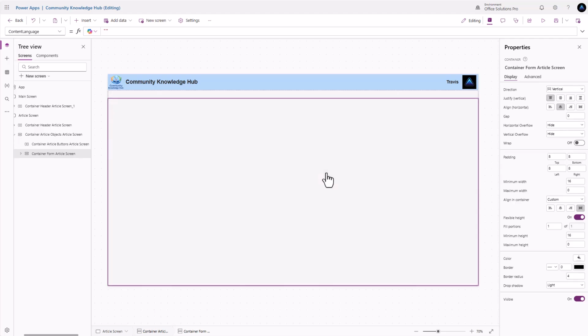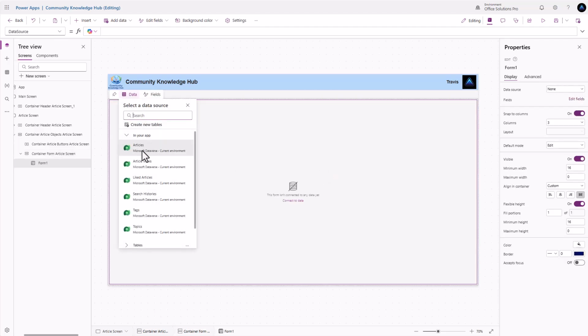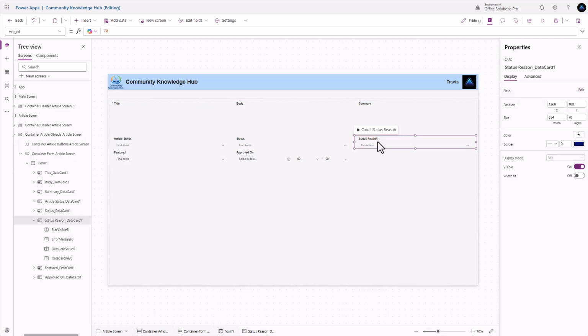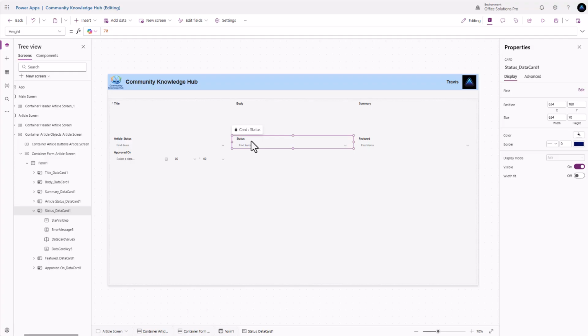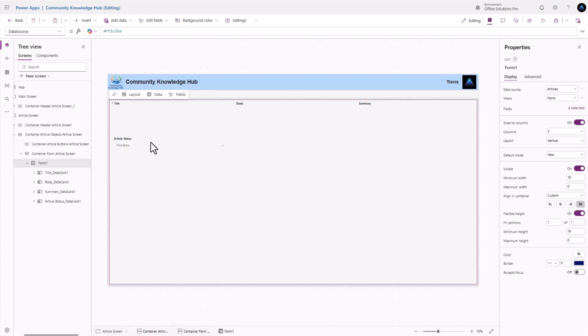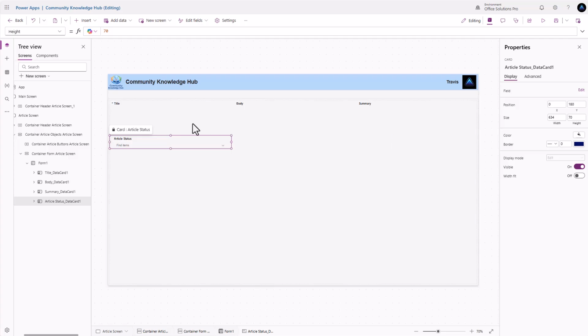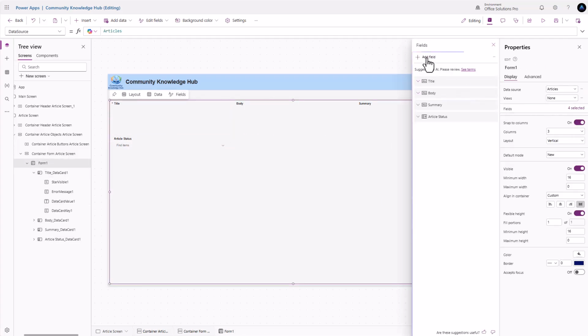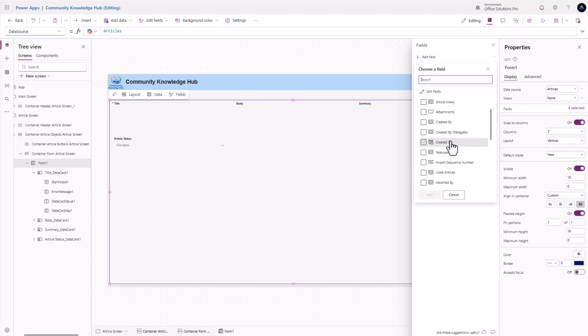We'll add our form here. And that'll be for our articles. And to start, let's go ahead and we'll make this into new view. And all right, so we don't necessarily need this. All right, I think that's looking pretty good. All right, let's go ahead and add some other stuff here. So let's see, what do we got? We have our